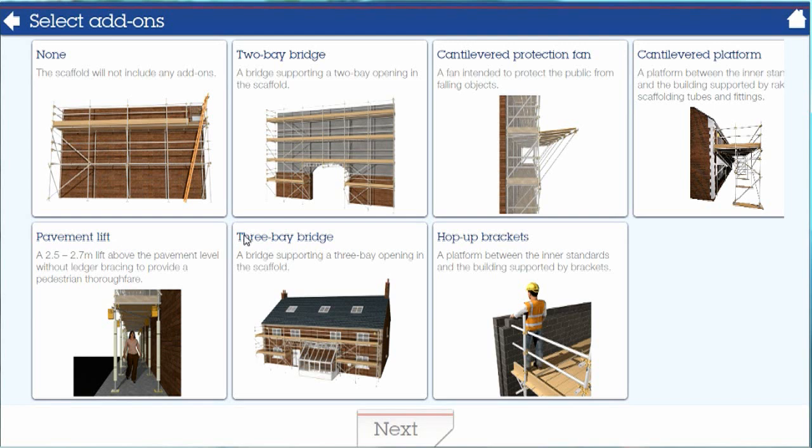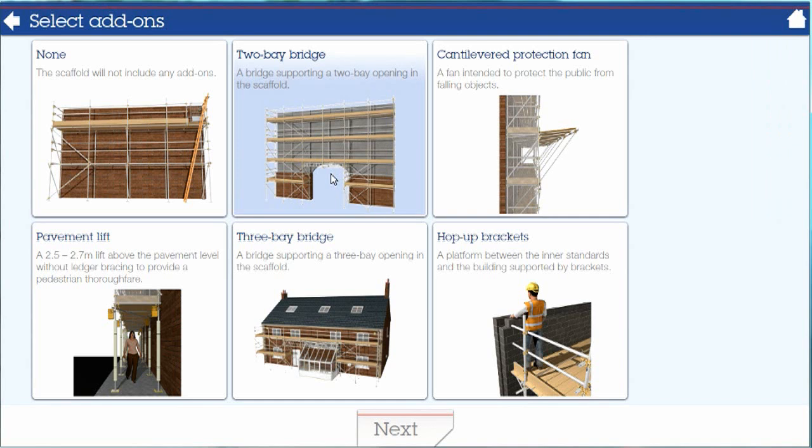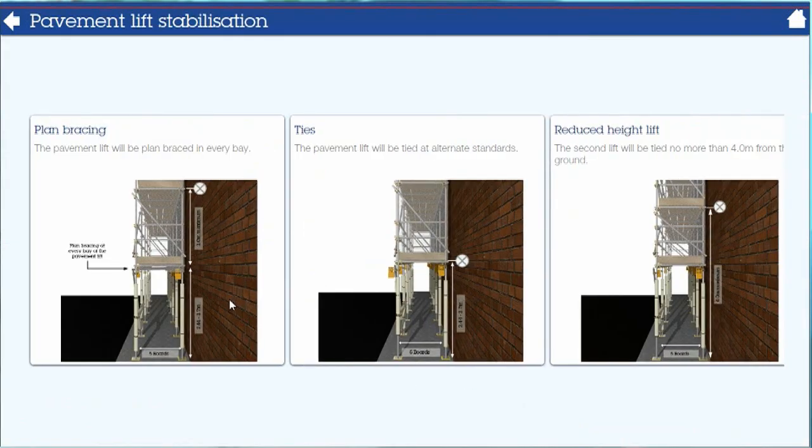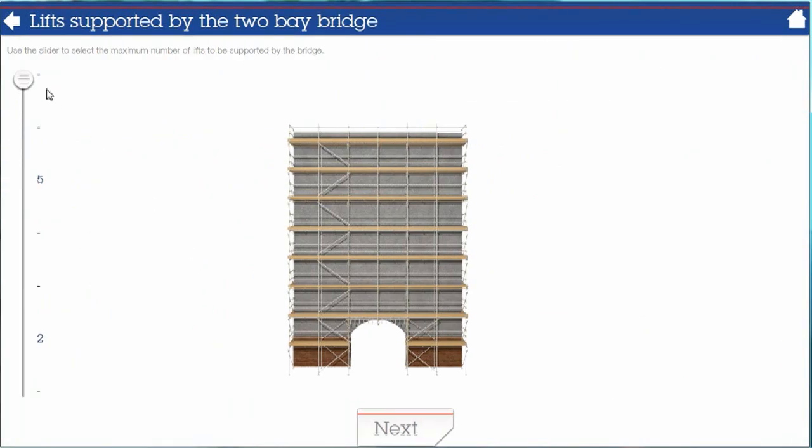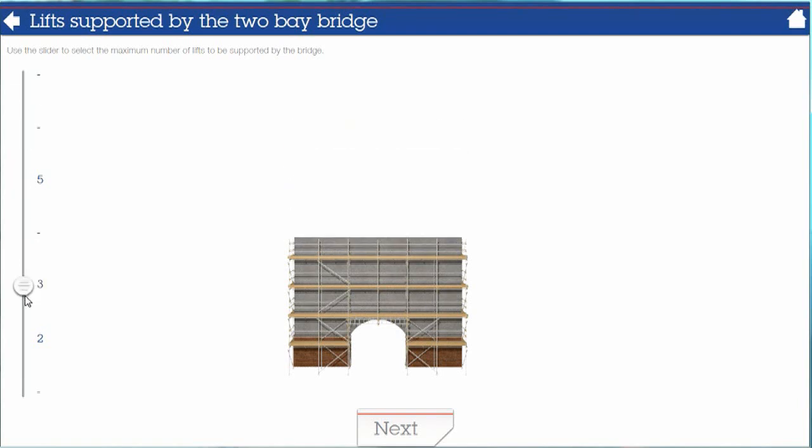Now we look at the add-on options available to us. For this exercise we'll choose a 2-bay bridge and a pedestrian lift and click Next. Now we choose how we're going to stabilise our pedestrian lift. We'll choose a tied option with plan bracing. Now we have to select the number of lifts we're going to have above our opening, our 2-bay bridge. We will choose for our 5-lift scaffold a 2-lift opening, which will leave 3 lifts supported by the bridge,